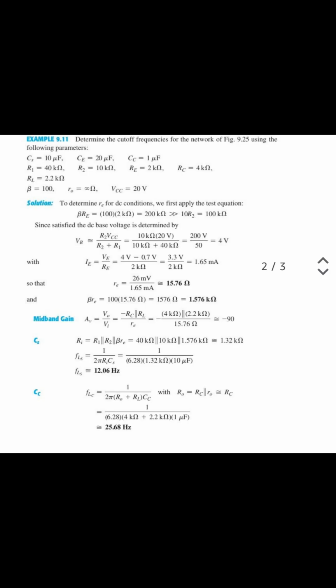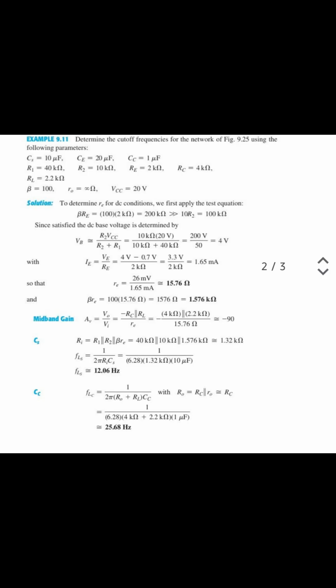And IE is VE over RE, and we have the result of 1.65 mA, and re is 15.76 ohms, and then beta times re is 100 times 15.75, which is